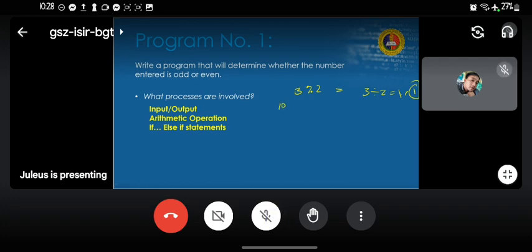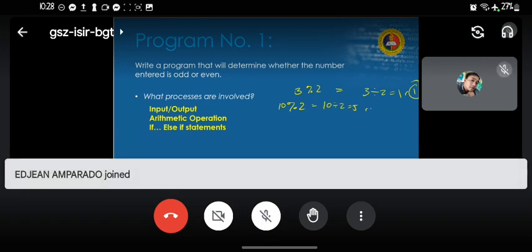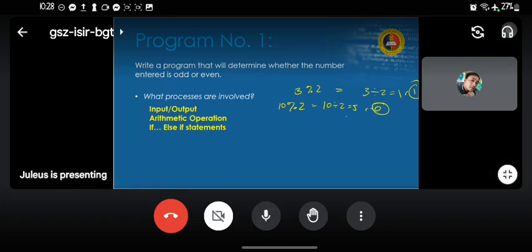So for example, 10 modulo 2. What it does is 10 divided by 2, which is 5, remainder 0. Right? If you divide 10 by 2, the answer is 5 exactly. 5, closed. So therefore, the remainder is 0. So again, modulo returns the remainder. Okay? What it returns is the remainder.